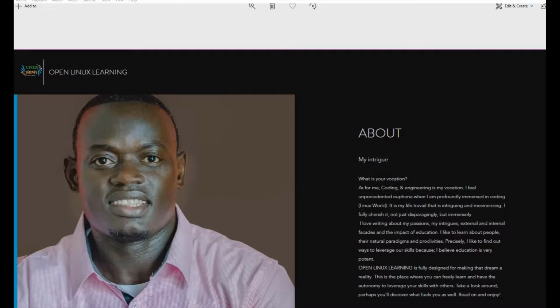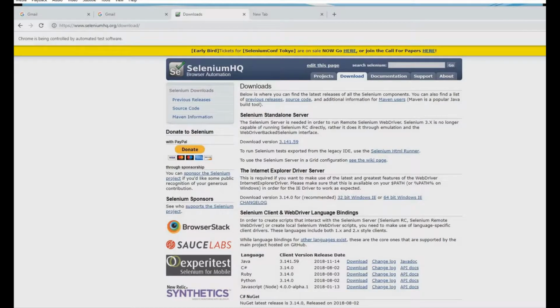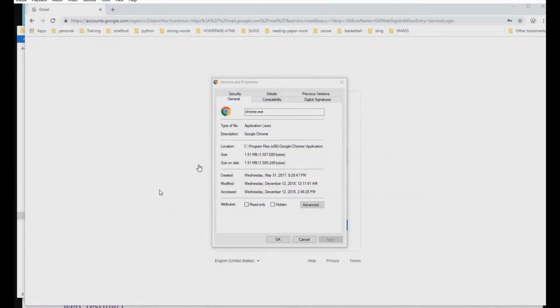Quick dive on Gmail access automation with Selenium. Here's what you need to get started. Jump into the website. Let's download the latest web driver for Selenium. I think the latest version should be 3.141.59. Once the download is completed, we can go ahead and install it in our system and get the browser configured, and so we can proceed